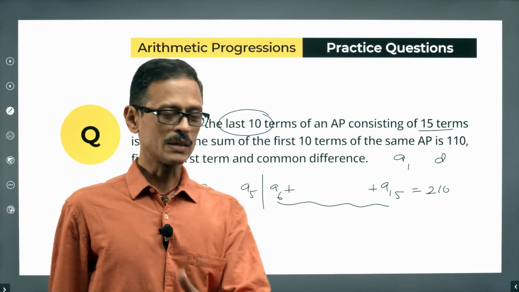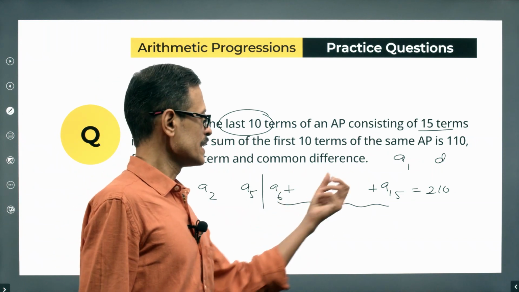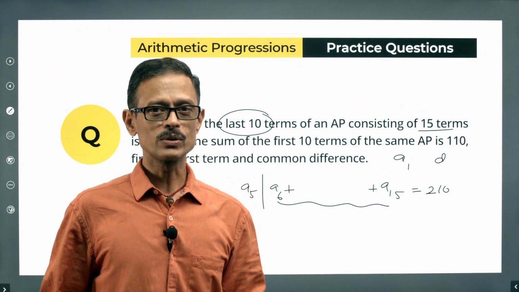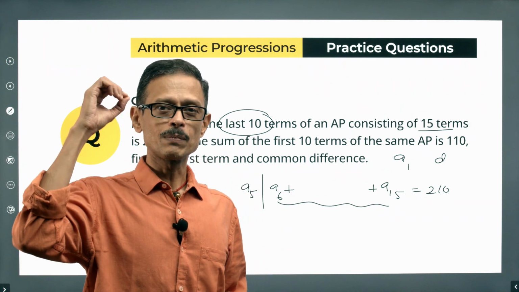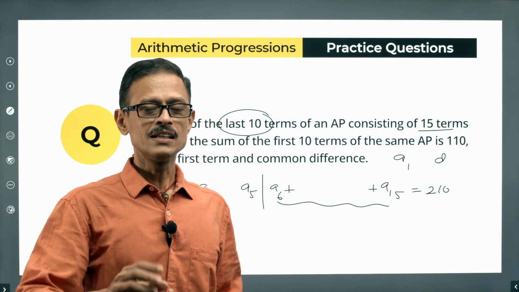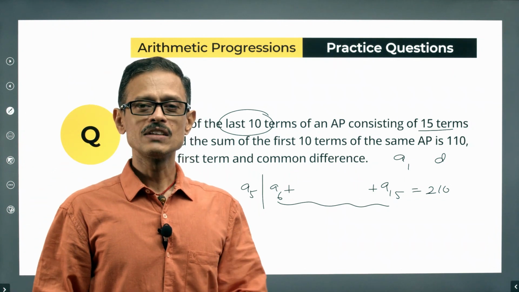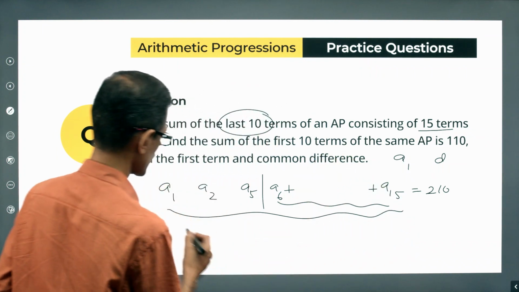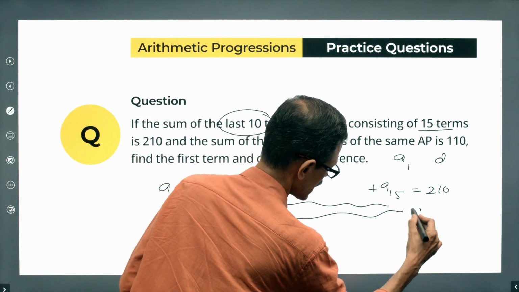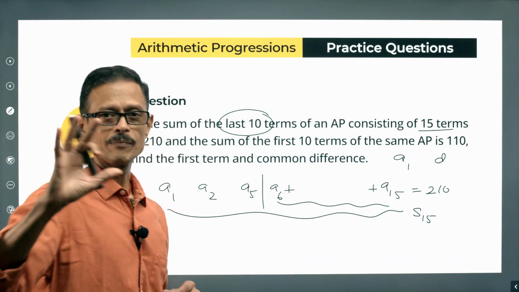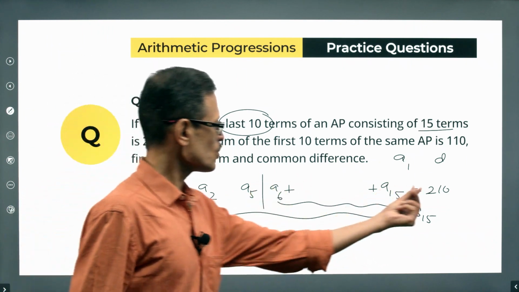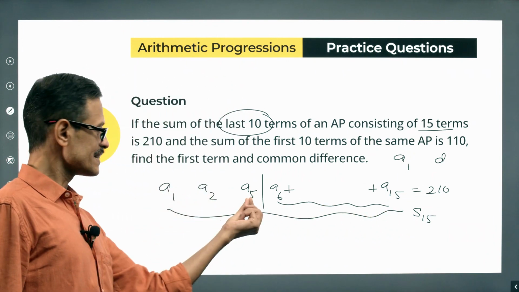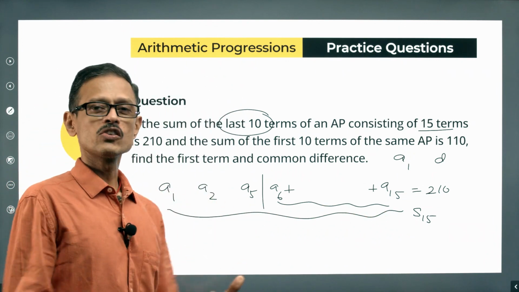So, you can apply the summation formula thinking of A6 as the first term, A15 as the last term and work that way, which is perfectly alright, but I am not going to do that. The twist comes in here. I am going to be applying the same formula, that S15 formula, where we will be using the first term and the last term. We will see how to apply it. What I am going to do here is find out the sum of the first 15 terms, A1 to A15. That is a regular formula, S15. But this 210 starts the summation only from here. So, we have added these extra things which we should not have. So, let us subtract it.